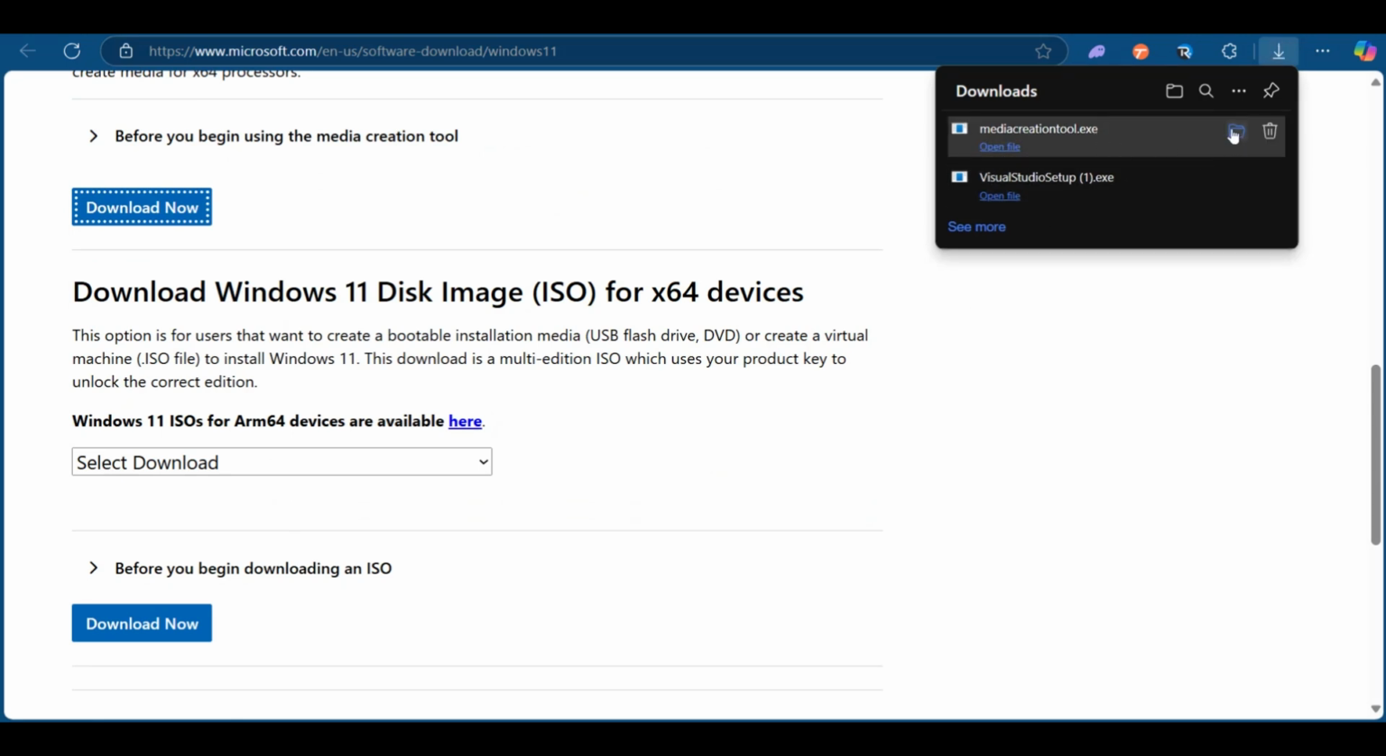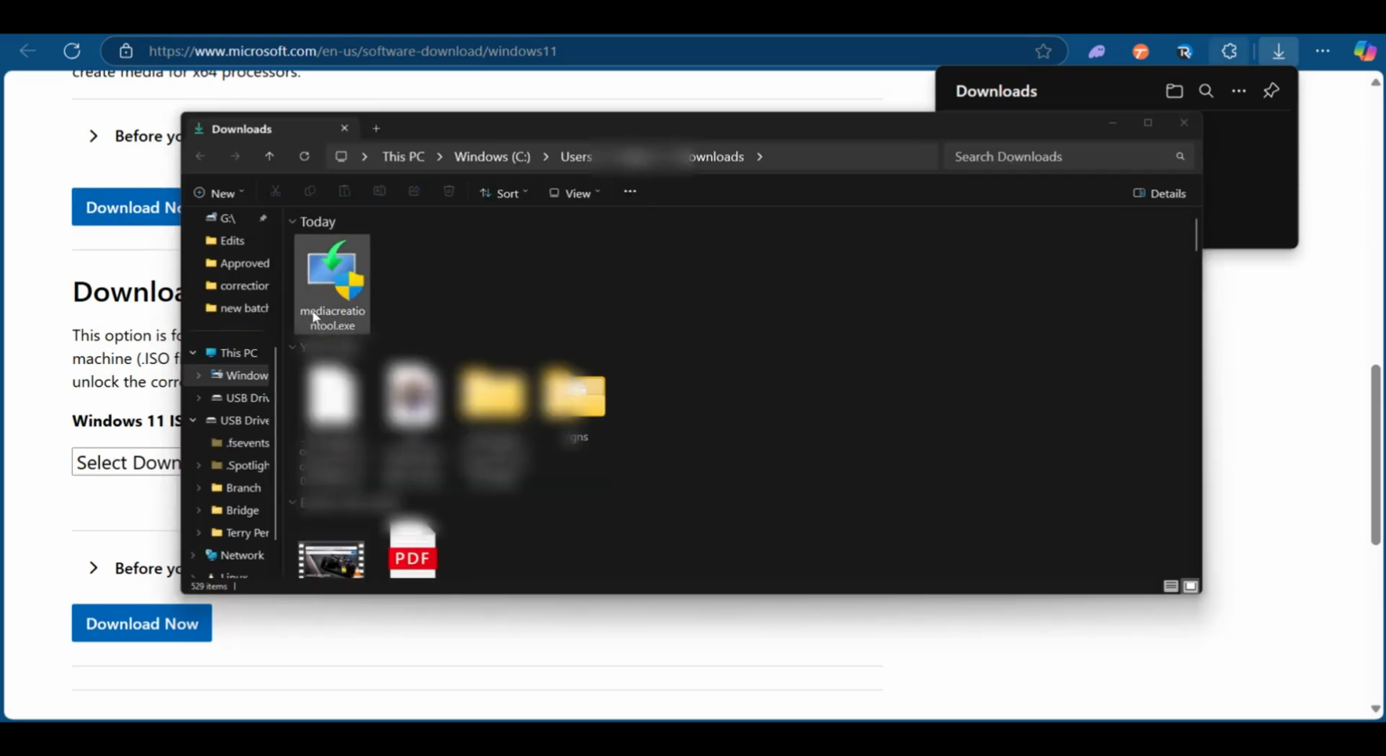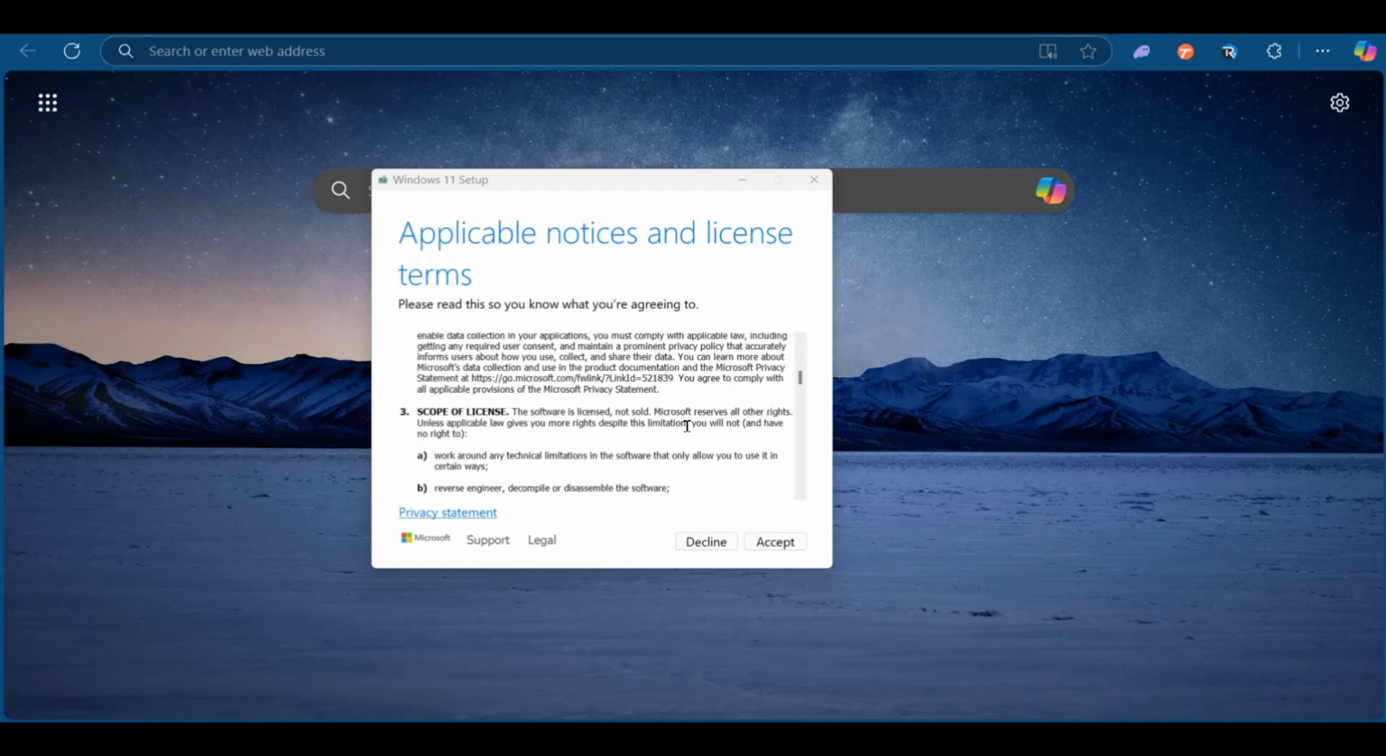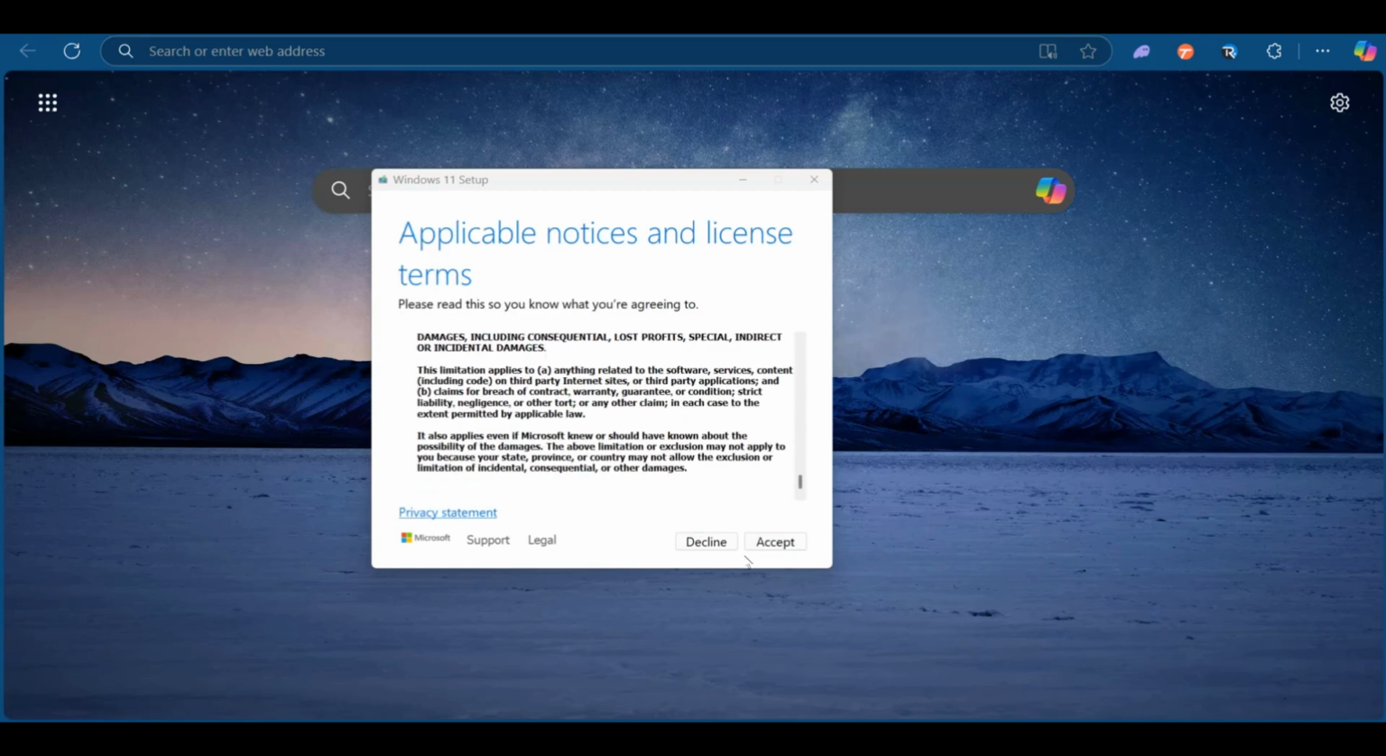Go over to your file explorer. And in your file explorer, you can see the file which you just downloaded for your USB. You're going to double click on it. And here you can see getting a few things ready. After a few moments, you'll see this option where you'll need to scroll down to read the details and click